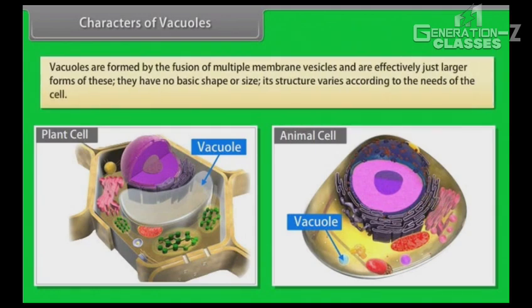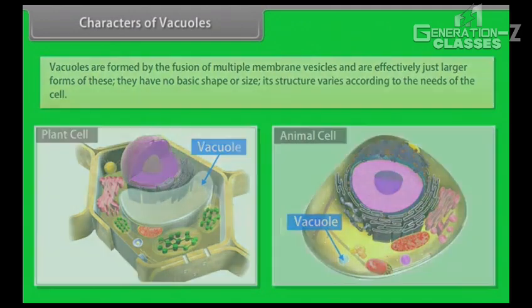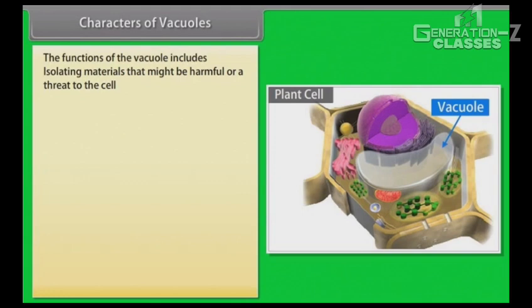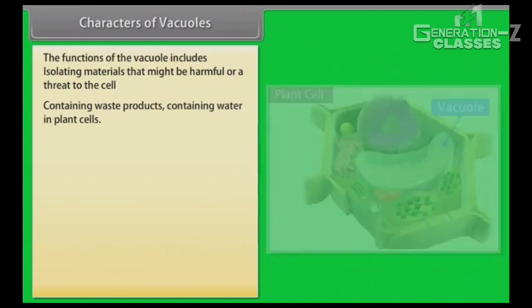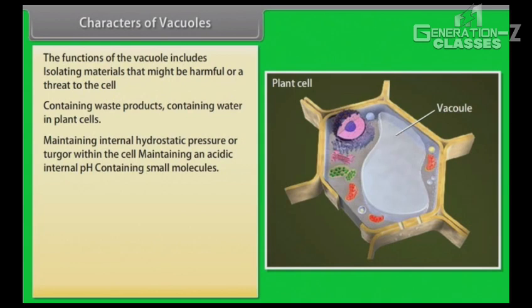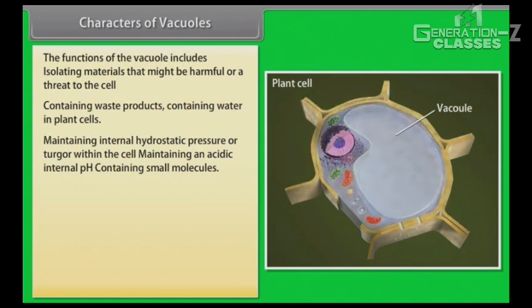Vacuoles are formed by the fusion of multiple membrane vesicles and are effectively just larger forms of these. They have no basic shape or size. Their structure varies according to the needs of the cell. The functions of the vacuole include isolating materials that might be harmful or a threat to the cell, containing waste products, containing water in plant cells, maintaining internal hydrostatic pressure or turgor within the cell, maintaining an acidic internal pH, containing small molecules,